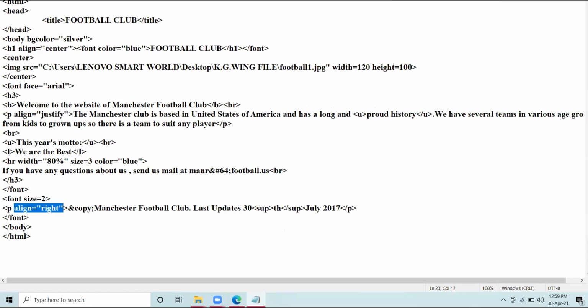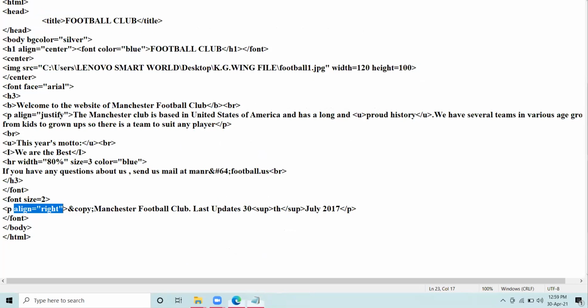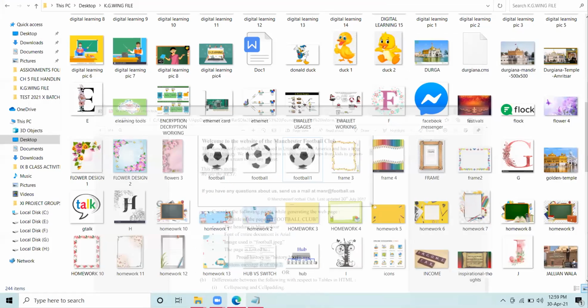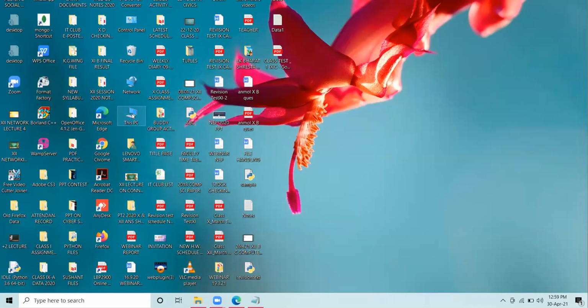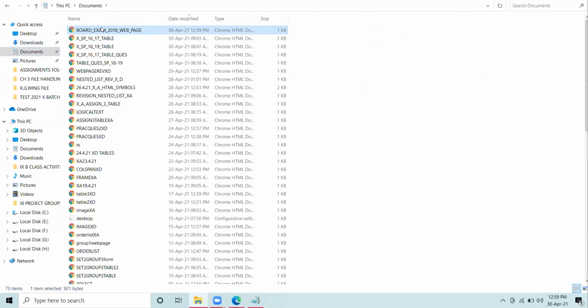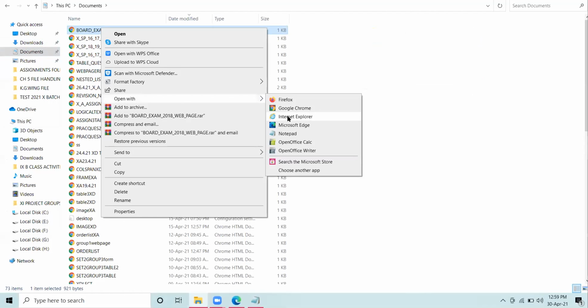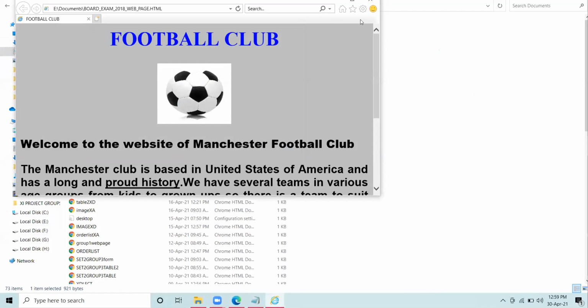Okay, now I show the browser view to you. So that you people can see the output of the web page. See here.